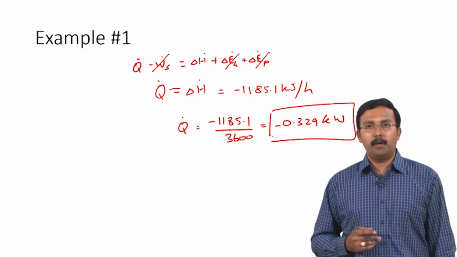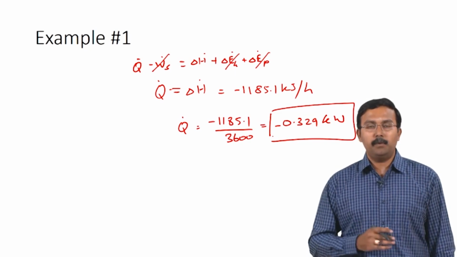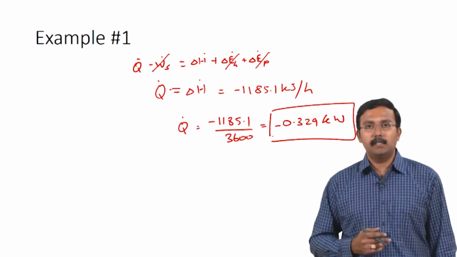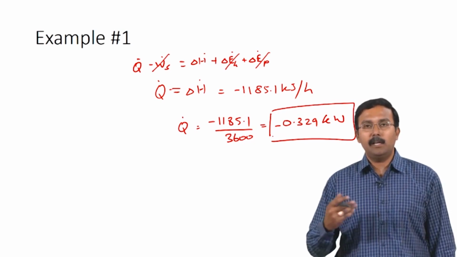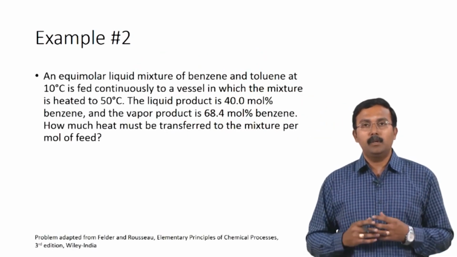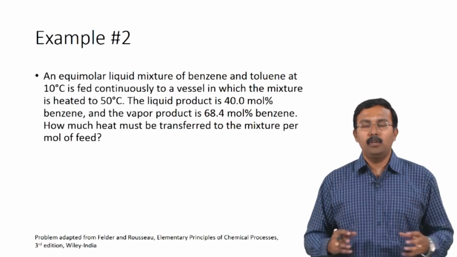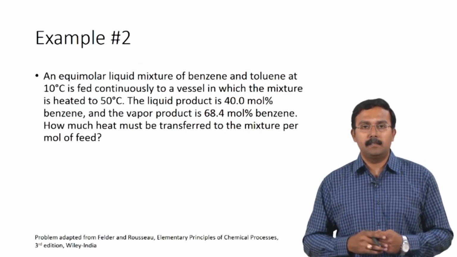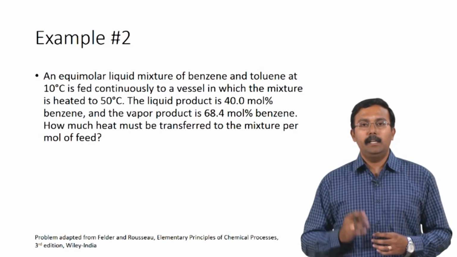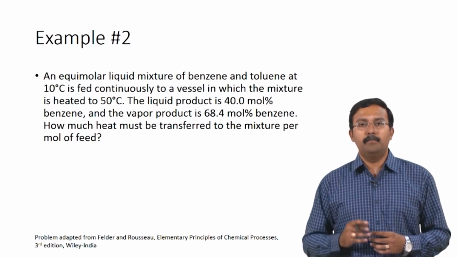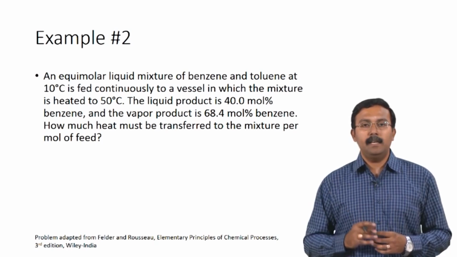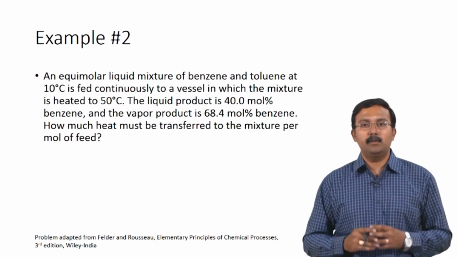Let us look at one more problem. So, in the first problem we actually had a single component system where only one chemical component was present. Let us now look at a second example problem which basically has two different chemical components present in the system. The problem statement is: an equimolar liquid mixture of benzene and toluene at 10 degrees Celsius is fed continuously to a vessel